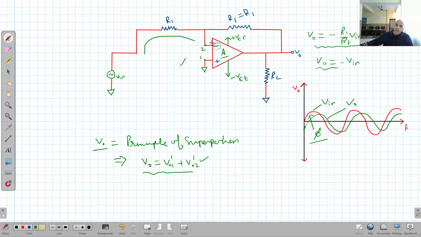Right. Now this is the first thing that we did. We completed V output 2 dash. Clear? This is the output due to this input. Now I am coming to the second one. When I am coming to the second one, then now we will ground it. Clear? We will ground it. We will have this circuit here. Clear? So